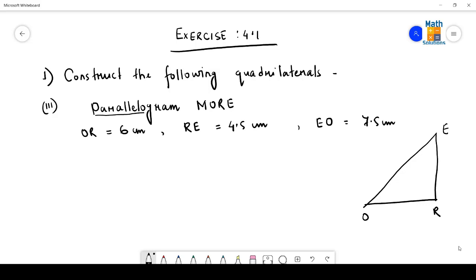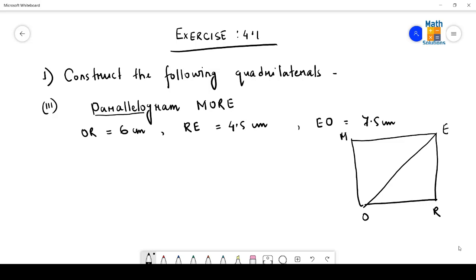So if this is a parallelogram, we must note one thing, that the opposite sides should be equal and parallel. So here it is very clear that the side that should be parallel to OR should be drawn like this, and this side is again parallel to RE. So we can fill it up like this,